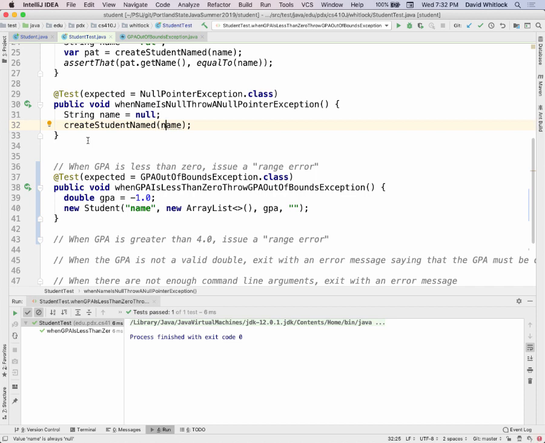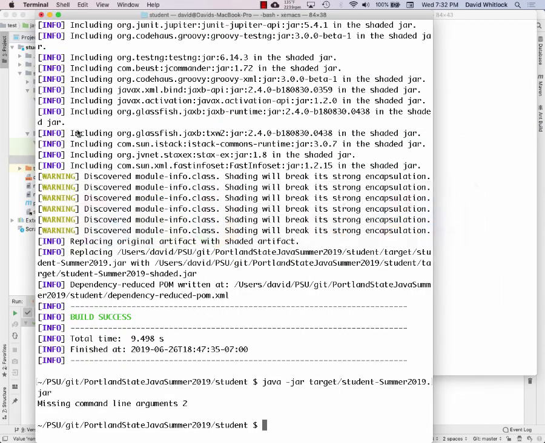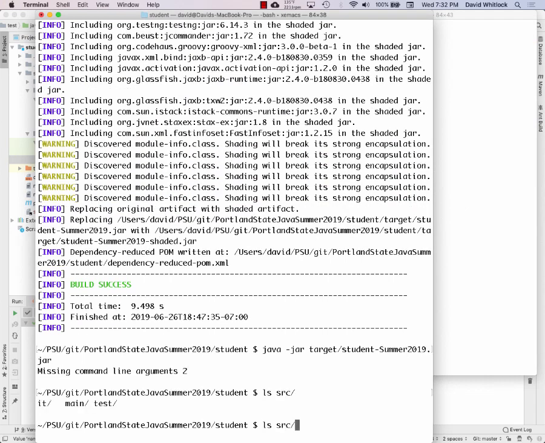Now, as you add more and more classes to your project, there's something called a Java package. This is like a namespace for the code, and the namespace is hierarchical, and you have a directory hierarchy that mirrors that. Maybe I should show you what it looks like. Actually, I'll show you here on the command line, so it may look a little bit more interesting. So if we look at the source directory here,